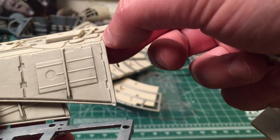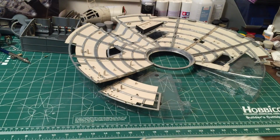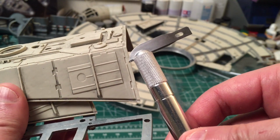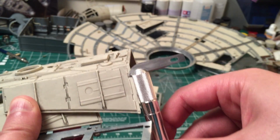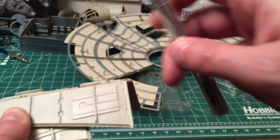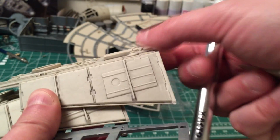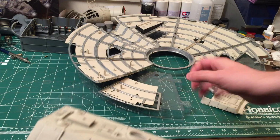I essentially used a technique with a razor blade, which I have right here. Hopefully you guys can see that okay. I took a razor blade with a flat edge and gently carved it this way, with the blade almost flat on. That way it just removes a little bit at a time. If you go at it at an angle like this, it becomes much more difficult. But if I flip this around to the opposite side,